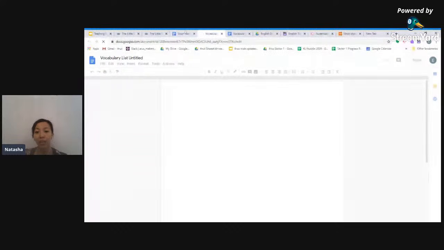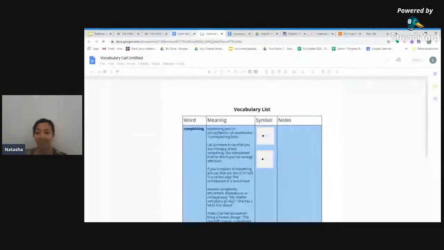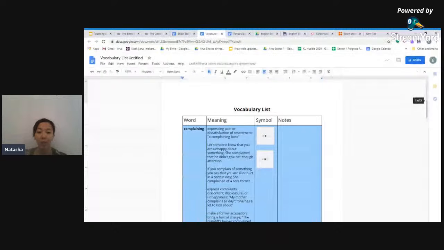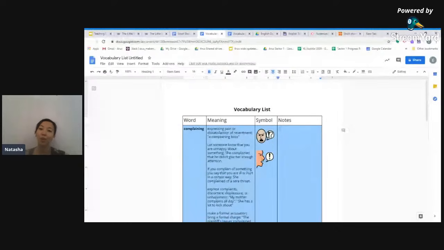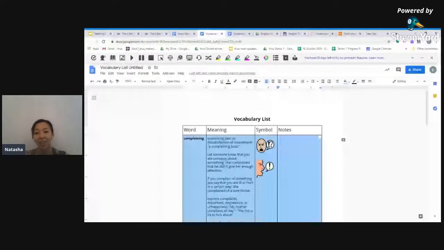And it would actually list all the words that you've highlighted, which is great. It would also include the meaning of the word taken from the dictionary. You would even have a symbol of the word to help the students remember better. So as I was telling you earlier, one of the ways I learned the English language better growing up was